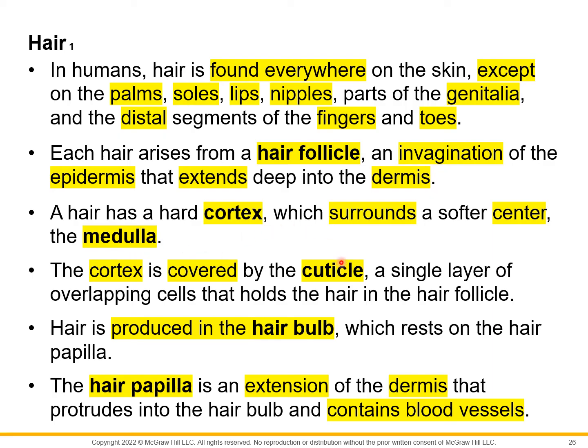All right, and next, the hair is produced inside of the hair bulb. Okay, so ulitin po natin. There is a specific area on our skin that is referred to as the hair bulb. So dito po nagsisimula yung production ng hairs. Now, the hair papilla, this is an extension on the dermis that protrudes into the hair bulb that contains blood vessels. Alright, so ulitin natin, yung hair papilla, this is an extension, and within that we could find blood vessels,